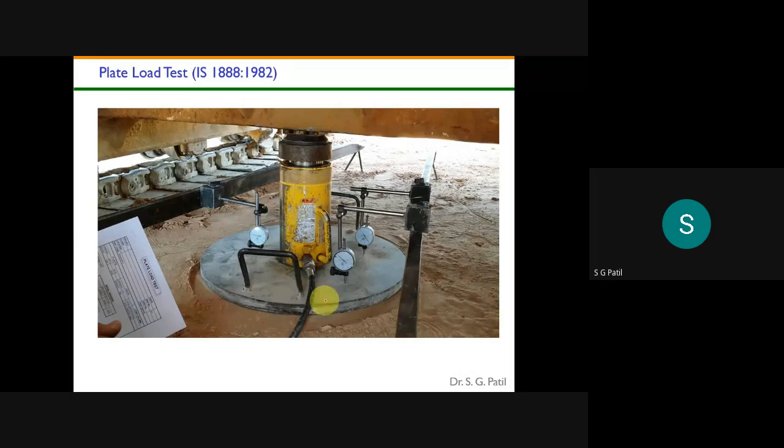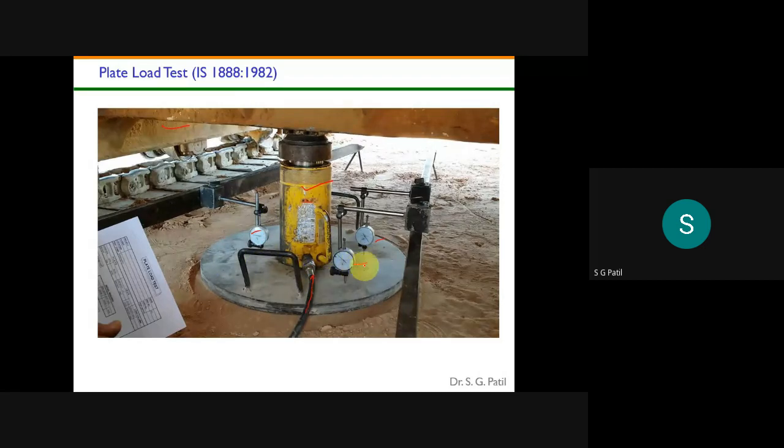You see, this is another picture, where the crane is there, and this is the jack. Can you see this pipe? With this pipe we will apply oil pressure here, and then it will try to push or lift this crane. Here we have put 3 dial gauges, 1, 2, 3. Even a 4th can be put here. The average of those you can take as the settlement.